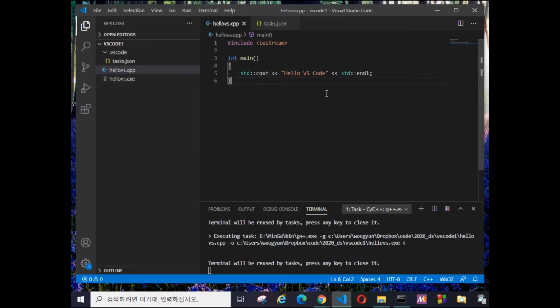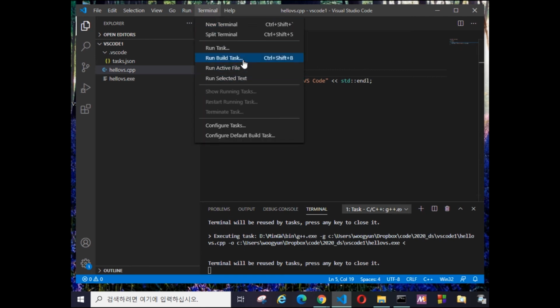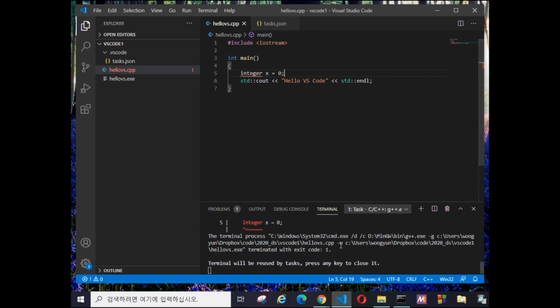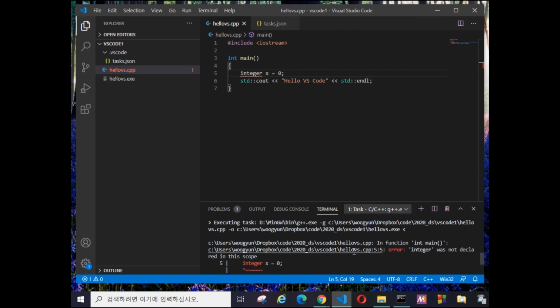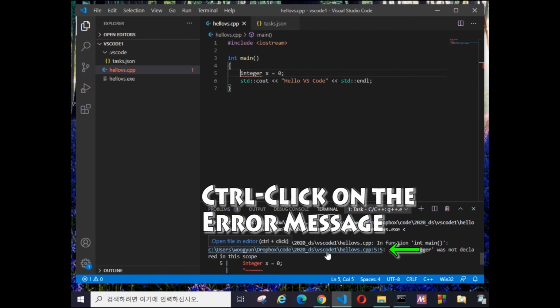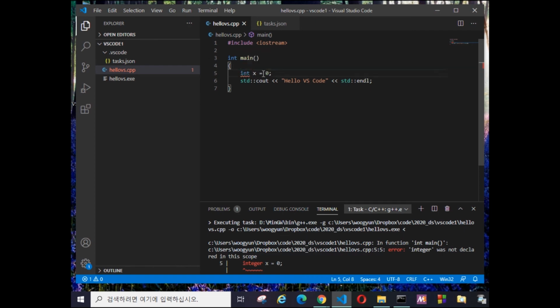So there's no syntax error. If it has a syntax error, such as int x = 0, then maybe a syntax error. Let me just check this. Run build task. So this is an error, and it is saying that it is an error. At the position of the error, you can just control click, and then it jumps to that location. So you just delete this, correct this one, and save this,